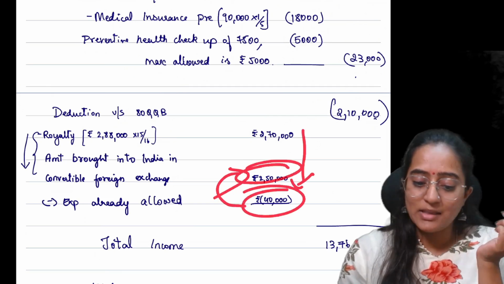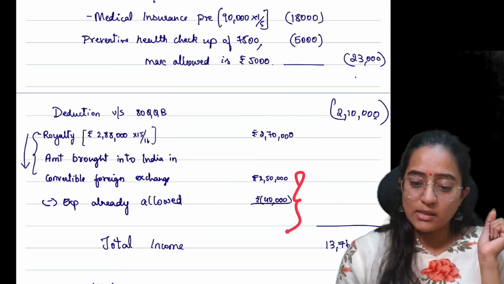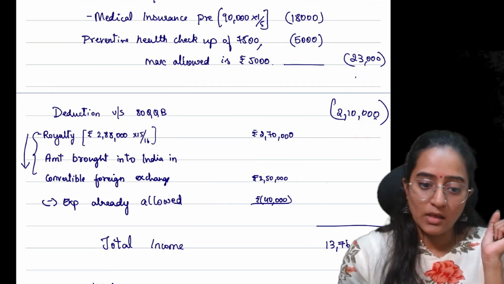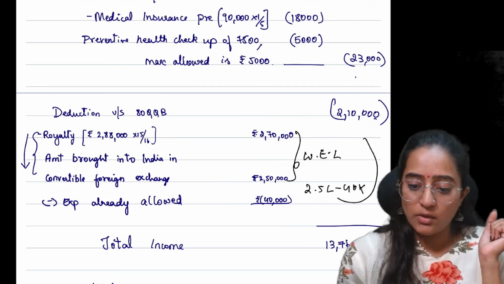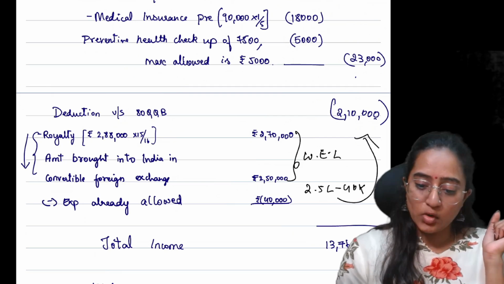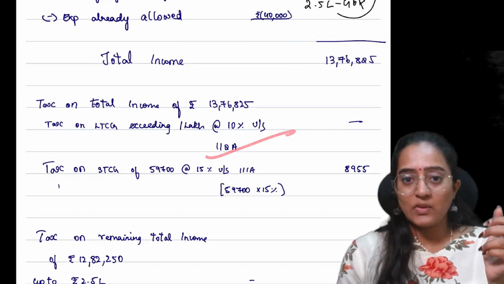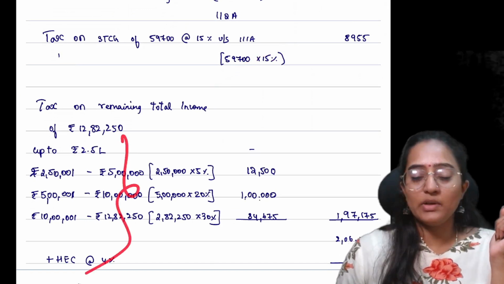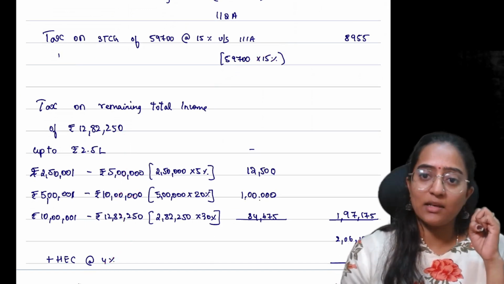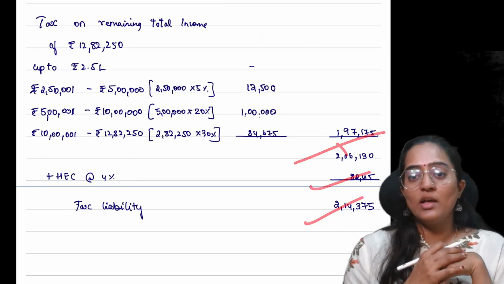Out of that, we have subtracted the expenses which have been deducted. So 2,50,000 minus 40,000: this calculation is what we have considered here. Whichever is lower, so 2.5 lakh minus 40,000 you have done, and you have got 2,10,000. Clear? And your total income is 13,76,825. Out of this, for 111A, 57,500 into 15% you have computed, and then you will do the tax liability calculation as usual, looking into this person's age. You have calculated, added HEC, and this is your tax liability.